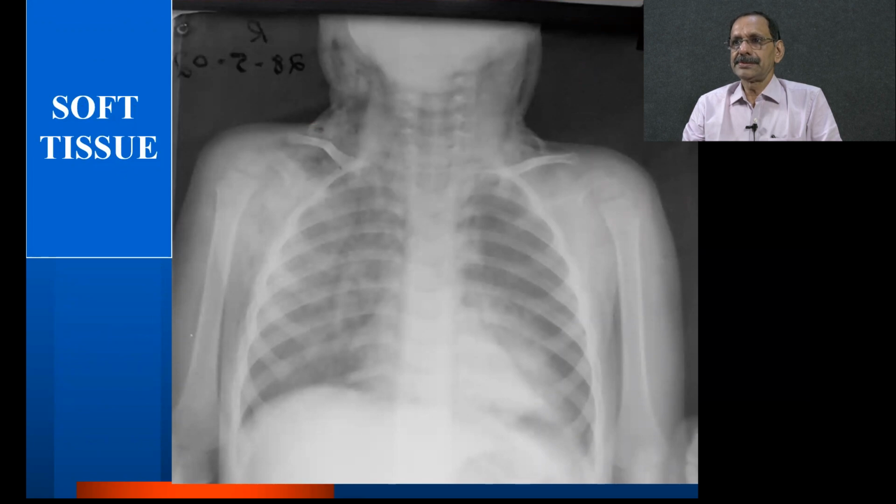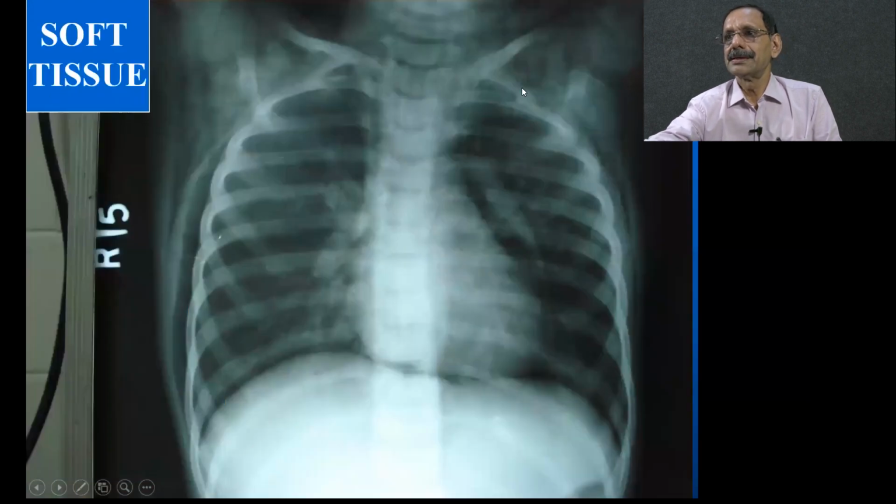Now looking at the soft tissue shadows, soft tissue means extra thoracic soft tissue because lung and heart are also soft tissues. So what we mean is the extra thoracic soft tissue, and here you see air shadows. See, so that means it is a subcutaneous emphysema. And in another film, again you see the air shadows within the subcutaneous plane, both sides, and in the mediastinum also you have air. Beneath the heart also, see, there is an air shadow. So it's air leaking from the mediastinum into the soft tissues here.